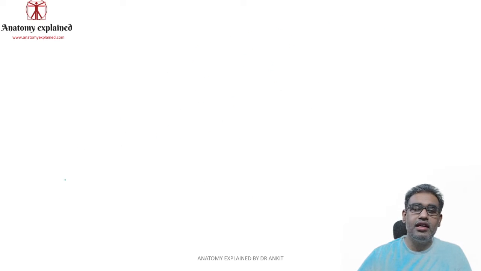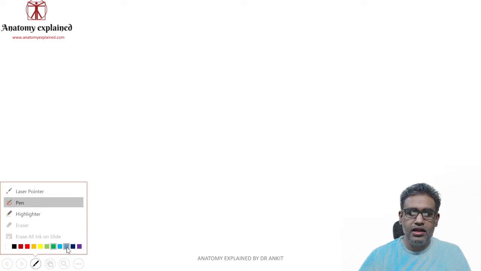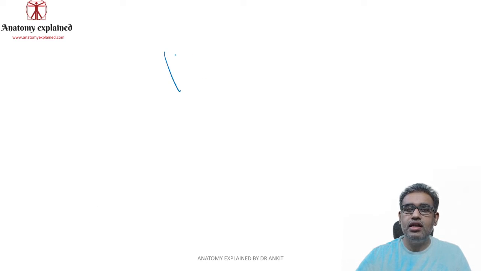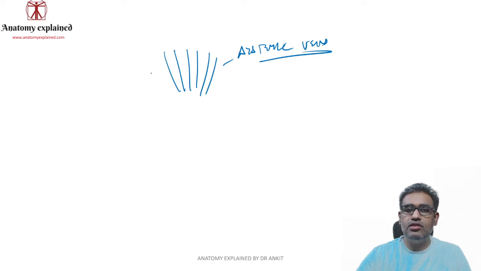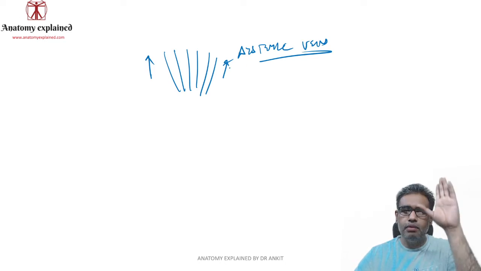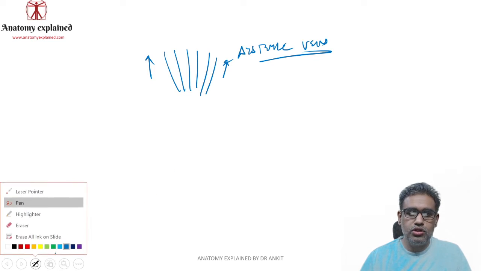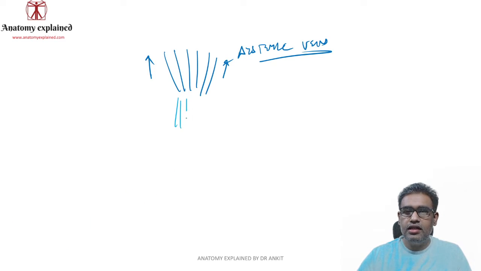Now consider over here, if I draw, say, this dark blue color, this is supposedly part of the systemic veins, so blood is going in this direction. Suppose it is going upward into the IVC. Now suppose I show you with this lighter color, these are your portal vein tributaries.